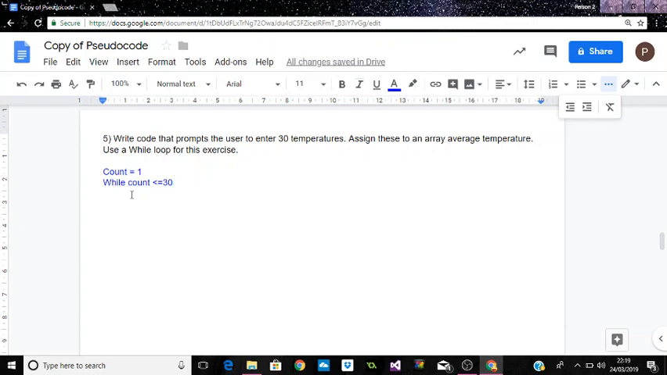because I want to do it 30 times, I'm going to move over here, and I'm going to ask them to enter 30 temperatures. So I prompt the user, output, enter temperature, and then I'll have a temperature variable is assigned the value of input,